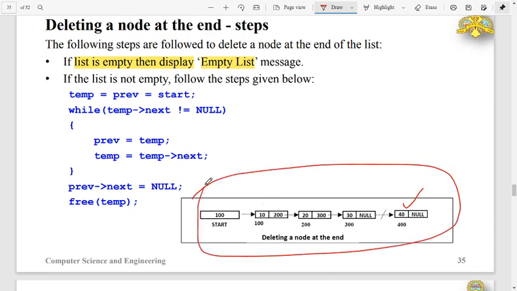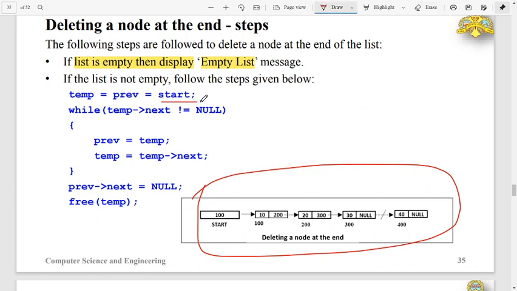In this linked list, the fourth one is the last node, and naturally the next field in the last node is null, and in the third node it should be 400. I will make this null. Then the third node will be the last node, because the link between the third node and the fourth node has been deleted. So that logic is like this.